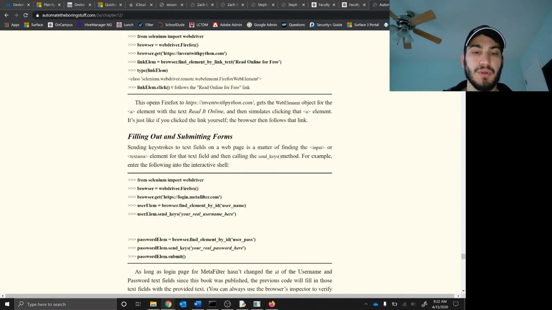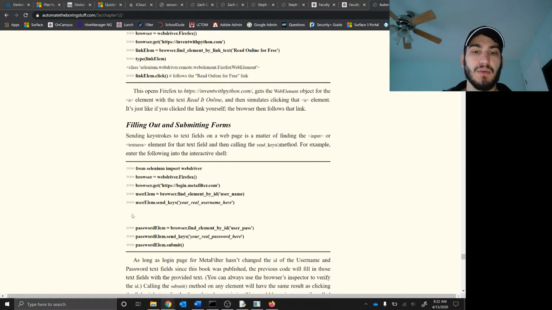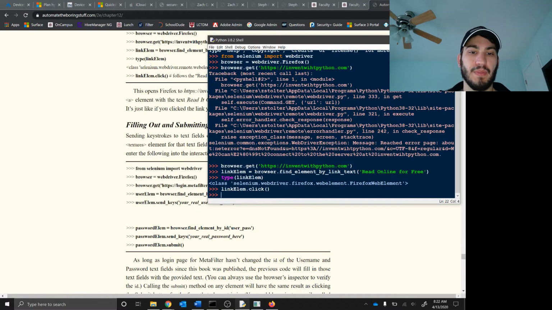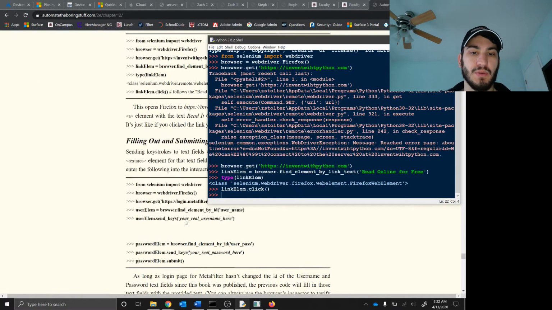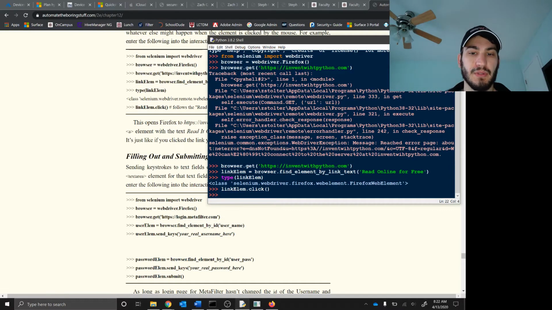So what we're going to do today is, we don't have a login on MetaFilter, but this is how you would enter in your user ID and password. So I'm going to pull this up, and we've already done that. So we're going to metafilter.com. Let's go to Gmail. https://